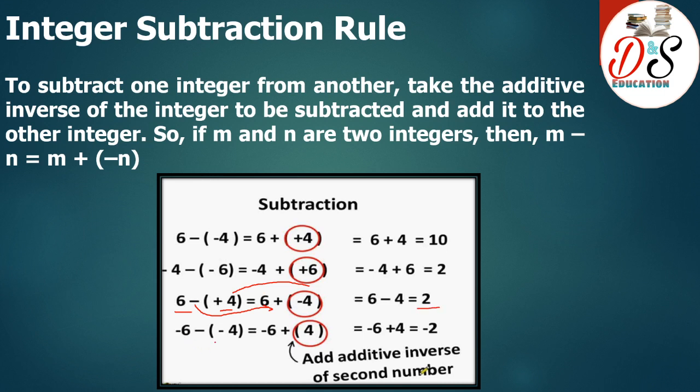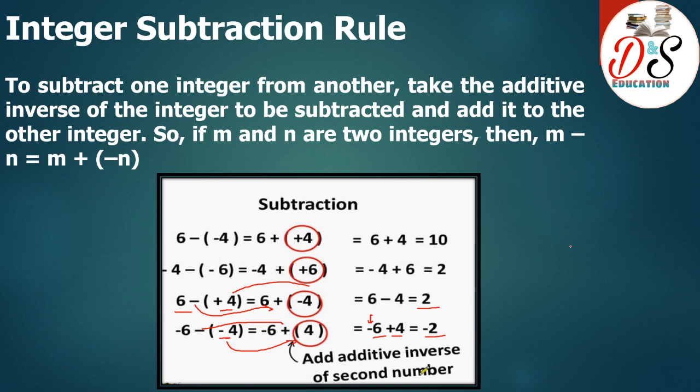Again, in this case we have to take the additive inverse of minus 4, that is plus 4, and change this negative sign to plus. Again we have a negative integer and a positive integer. We have to do subtraction, and in these two integers 6 has the greater value and the sign of 6 is minus, so we are putting a negative sign in our result. So that's how you do subtraction of integers.